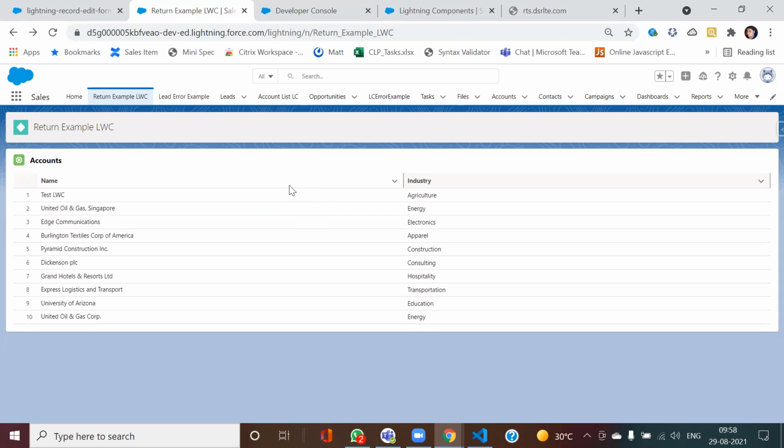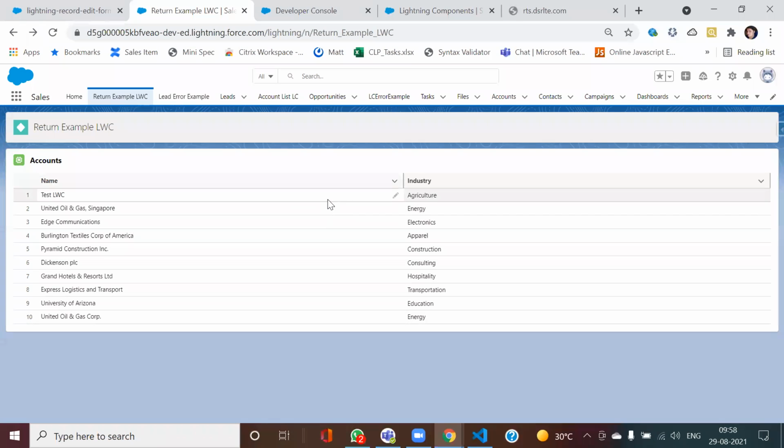In case I click on some button, and on click of that button I want to call an Apex class, and inside that Apex class I want to call some method, there we use the term known as imperative Apex. So is the business scenario clear in what needs to be done here? Yes, ma'am. Yeah.